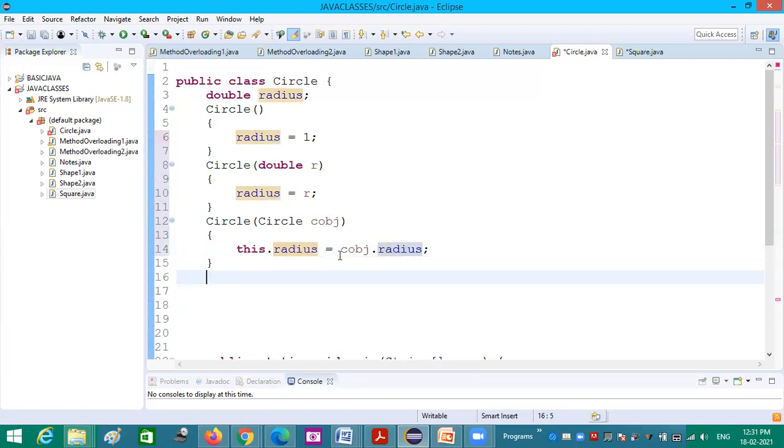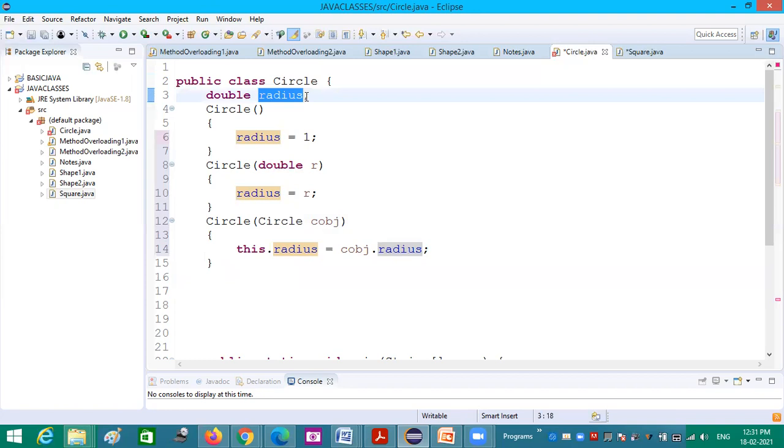So now in three ways we are assigning value to the instance variable radius. One is using a default value without taking any argument, another is a double primitive data type value, and the third way is passing another object to assign value to this instance variable.